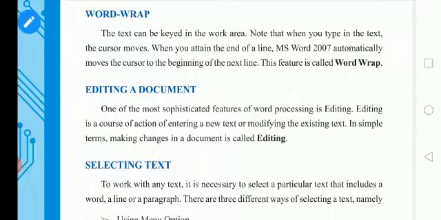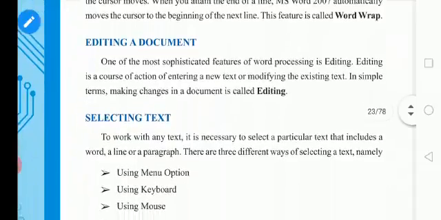So when it reaches the last end of the document, the right side, it will automatically come to the beginning of the next line. This feature is called word wrap. Before MS Word 2007, there was no feature like this. We had to bring the cursor to the next line, but from MS Word 2007 this feature has been introduced, that is called word wrap.